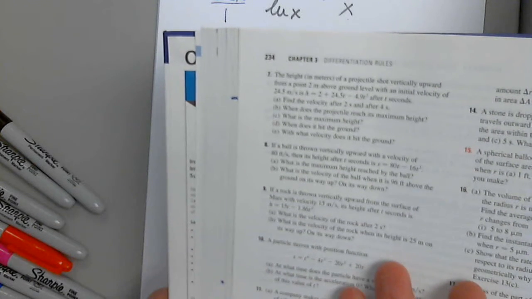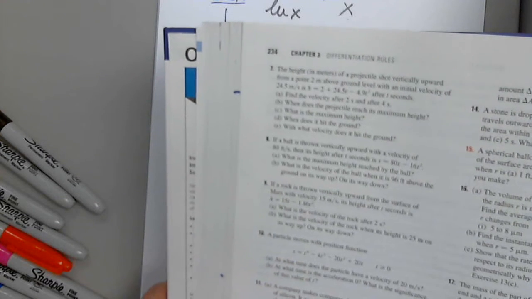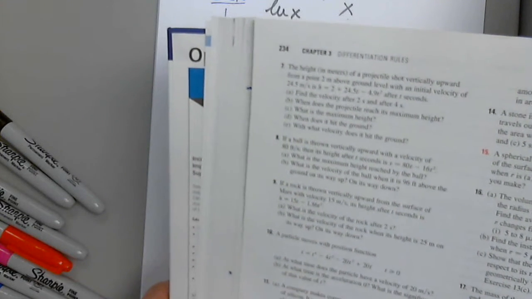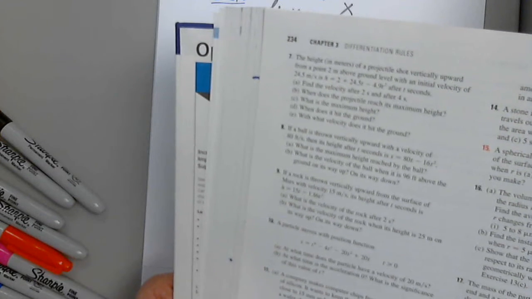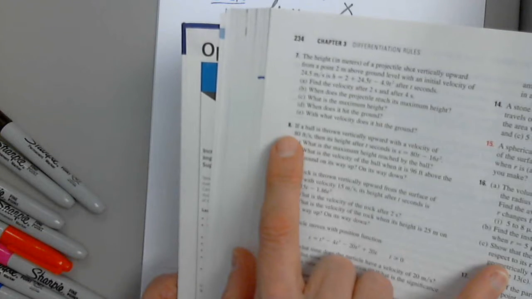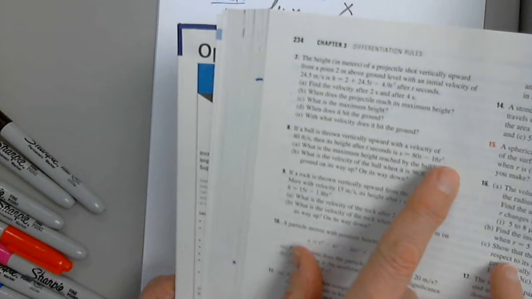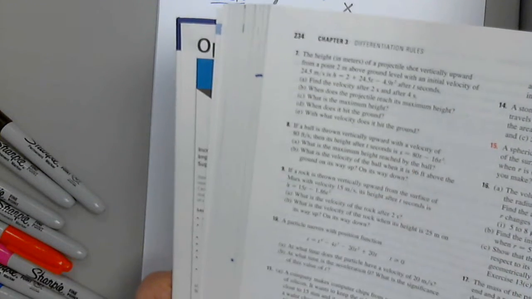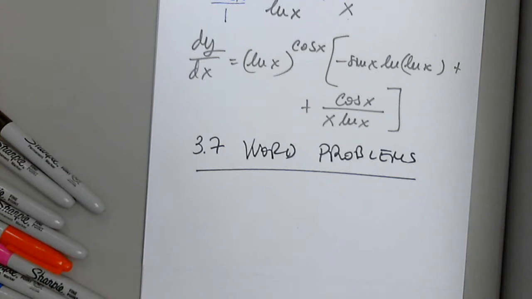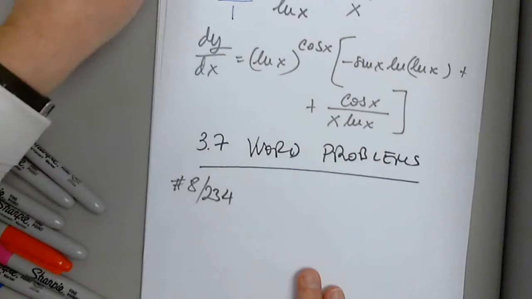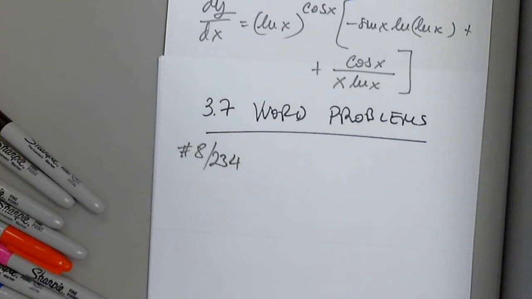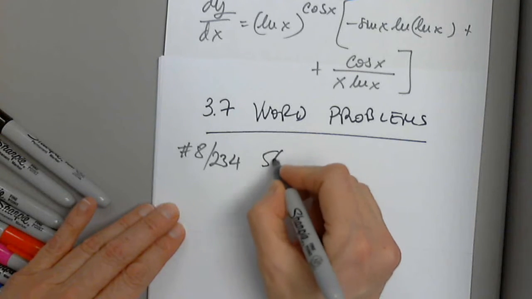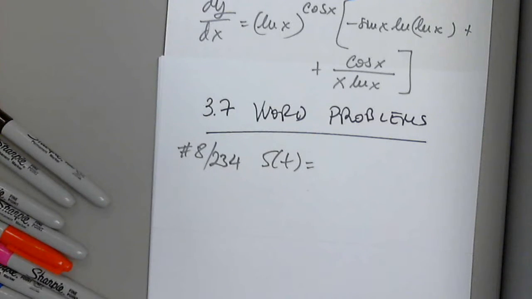If you pick the odd number problems, then the answer, yeah, I would have to pick even number problems. So let's pick even number problems for me, and we pick odd number problems for you to check the answer. So let's do 8, okay? If a ball is thrown vertically upward with a velocity of 80 feet per second, then its height after t seconds is. So we are given a function. So this is 8 on page 234. And s, I like to write s of t, because that's what it is. It's a function of t. 80t minus